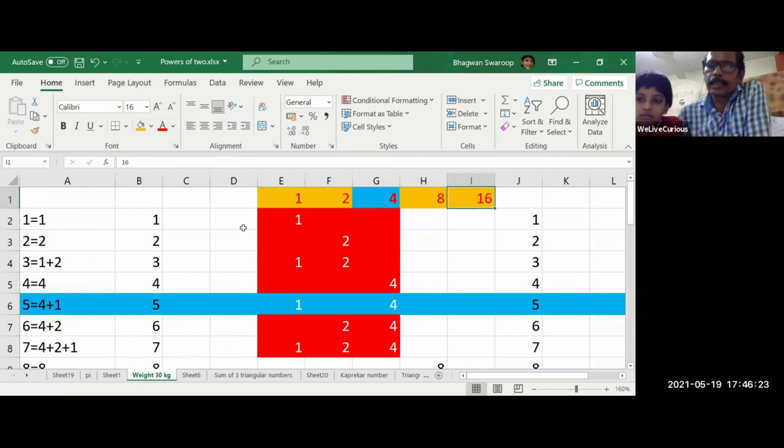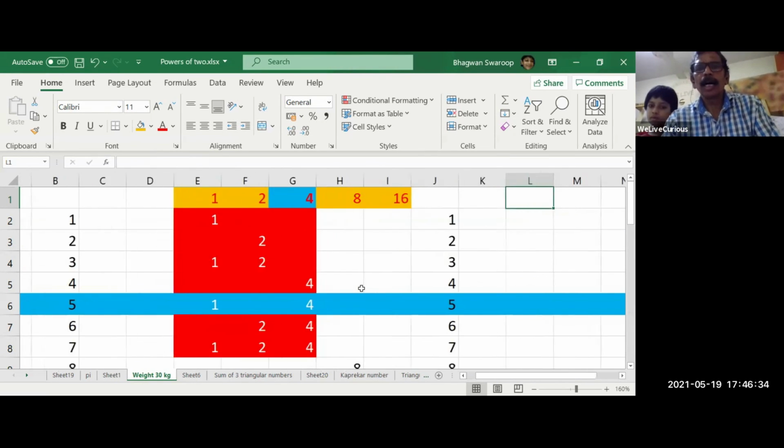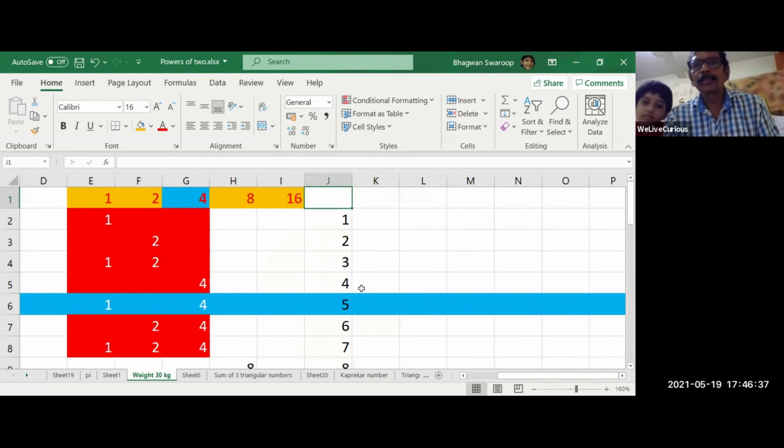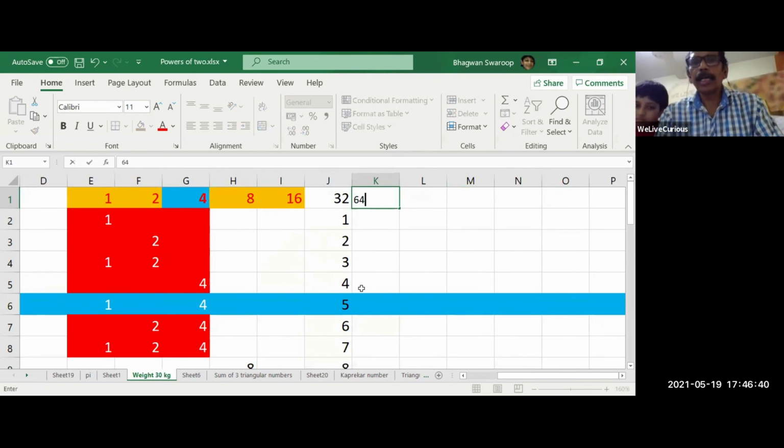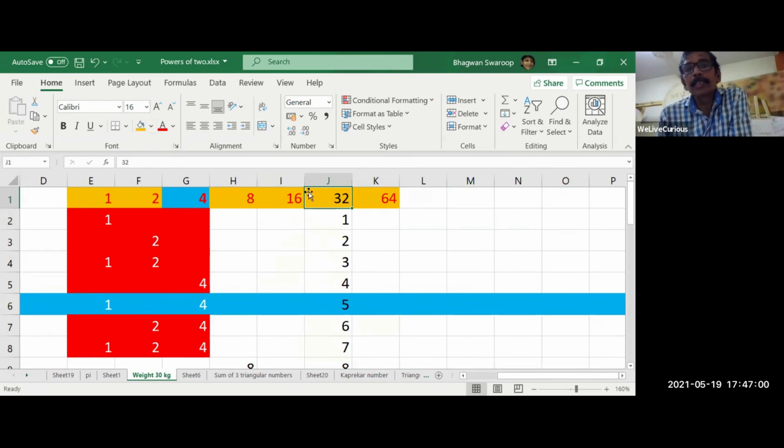And now, suppose you question yourself. See, don't wait for the textbook to give you a question. Suppose you say, what if I have 2 more weights? Suppose I take 32 and I take 64. Then how many numbers can I generate? Think yourself, challenge yourself. With 16 we have generated up to 30, but what if I have 32 also? Can I go beyond 30 using 32 and 64?